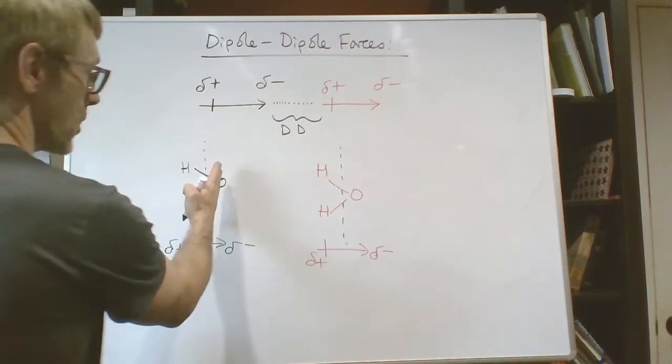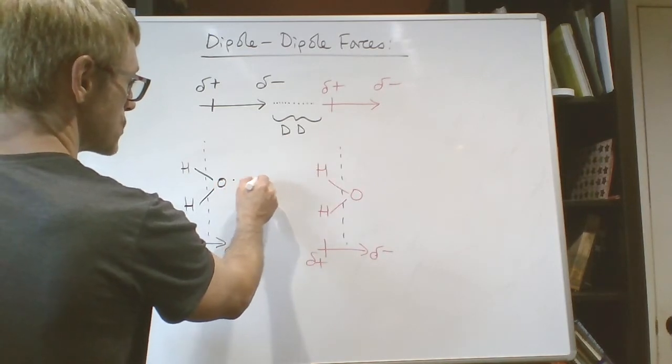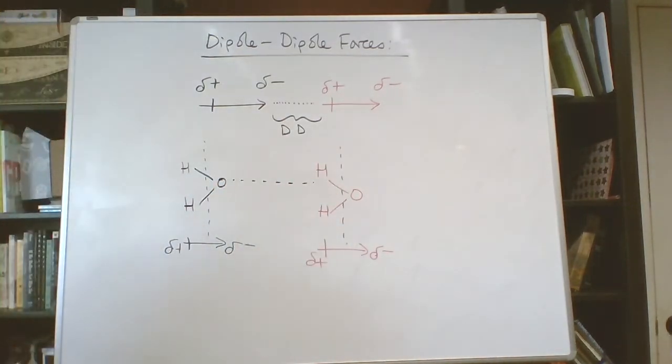And so the oxygen end would interact with the hydrogen end. So we could just represent dipole-dipole interaction that way. Very similar to hydrogen bonding. In fact, hydrogen bonding can be considered an exclusive membership of the dipole-dipole family. So I'll pause the video and we'll look at the fourth and final type of intermolecular force that we need to consider,